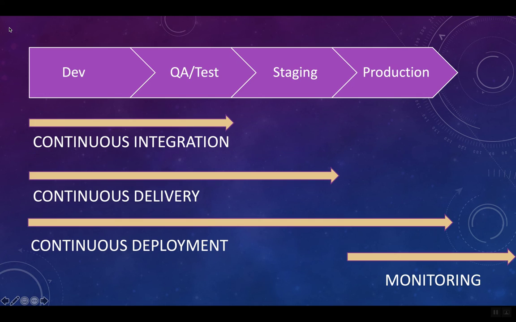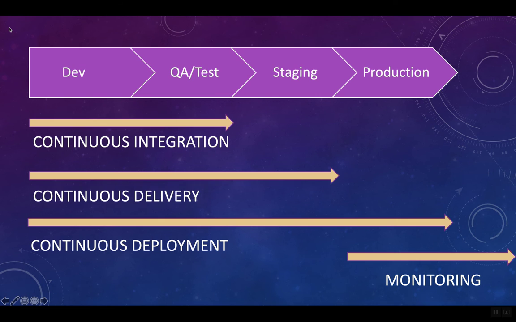Talking about the project stages wherein these fall. Your continuous integration, as I said, is actually your code building. So that is during the development phase and during the QA testing phase. In the development phase, you write your code, you integrate it, you merge your code, and then it undergoes unit testing. It gets validated through automated tests and through manual testing. If something breaks in there, you again make code changes and integrate it. So the continuous integration process usually remains until the QA test stage.